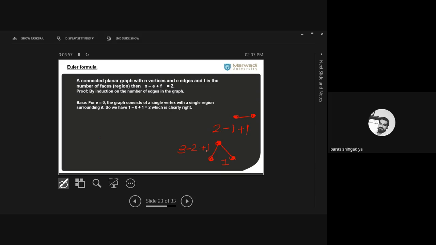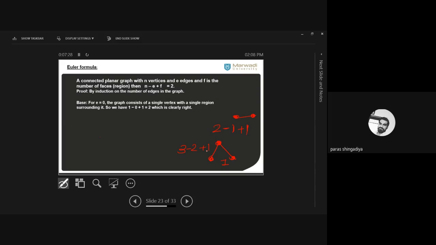Initial number of E. Clear? We can easily verify it by creating this graph. So that is your first step to apply the induction rule. This is your first step to apply the induction rule. First you have to verify the formula for the initial value. That induction rule was already discussed in unit number 4, to prove that a tree with n vertices has n minus 1 edges. In that case also we applied the induction rule. Now it is repetition.